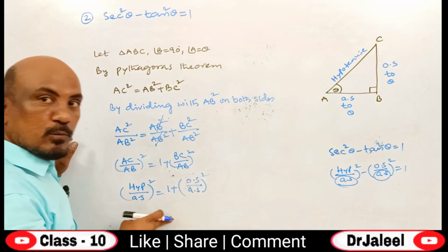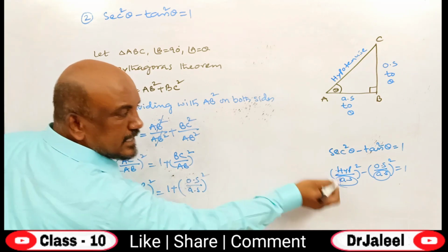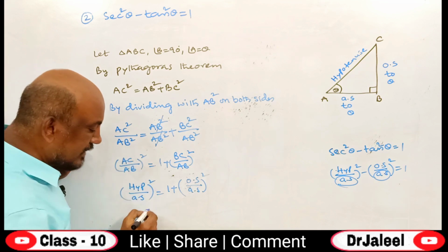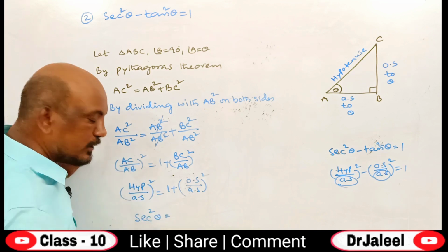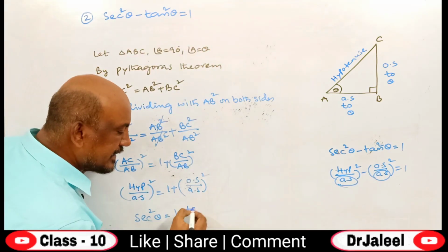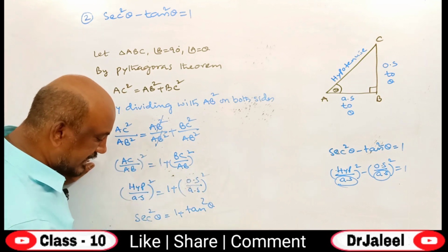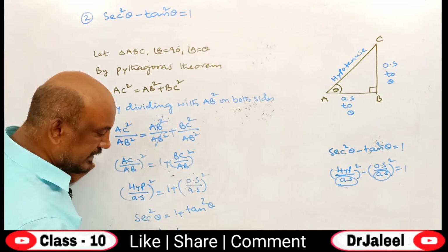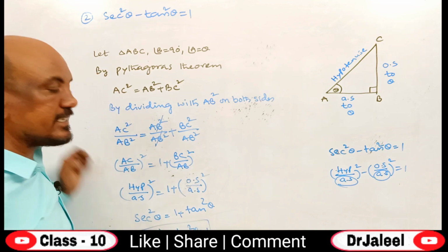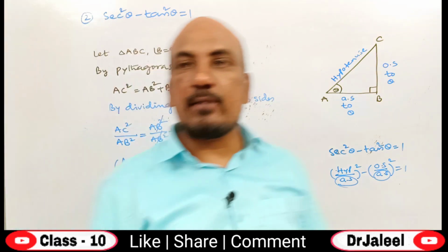So let us now convert these into ratios. Hypotenuse by adjacent. What was hypotenuse by adjacent as we discussed in the beginning? It's nothing but sec theta, and as it is having square, you can write it as sec square theta is equal to 1 plus what is opposite by adjacent is tan. So it can be written as tan square theta. So let us bring the tan square theta here. You will get sec square theta minus tan square theta is equal to 1. This is the second identity that we got. Sec square theta minus tan square theta equal 1.